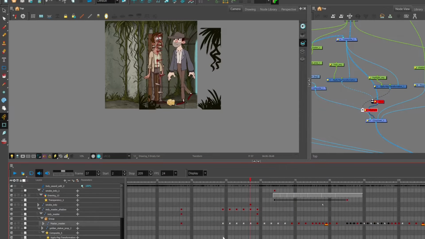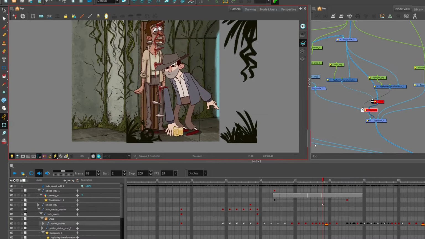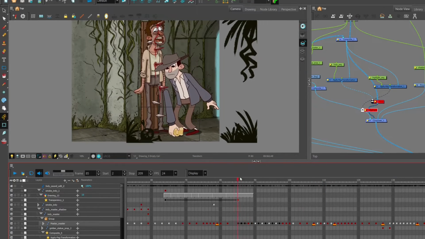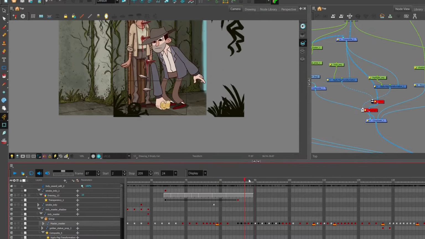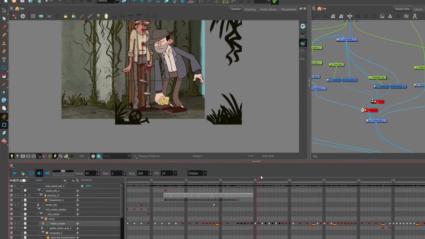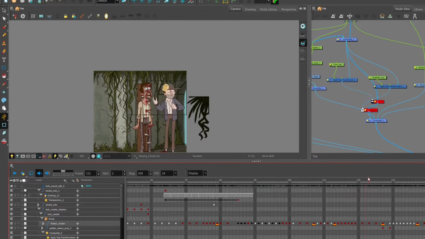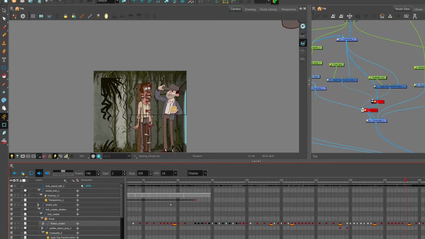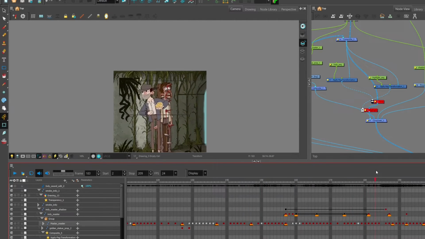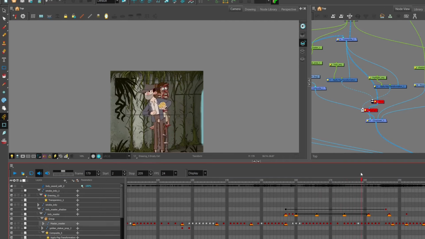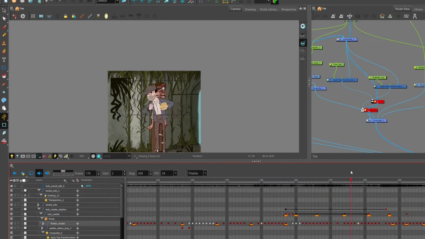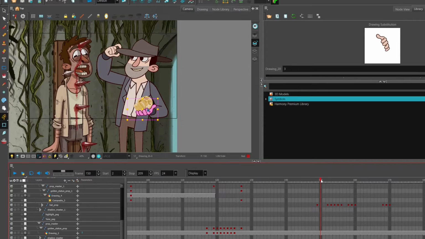So the thing about animating stuff off screen is you can generally leave it. I like to keep it posed out though, just so I have a good idea of balance and weight in what I'm doing. You can see here, these are foreground elements. When the camera moves up, you can see them move around to give it a sense of Z depth. And then over here, for composite reasons, I flipped it over. So when Indy walks over here, you get a little bit more of that foreground element. Okay, so Indy comes up here,